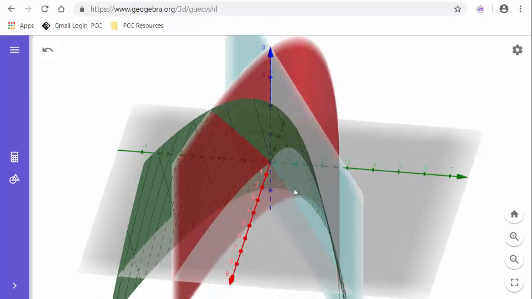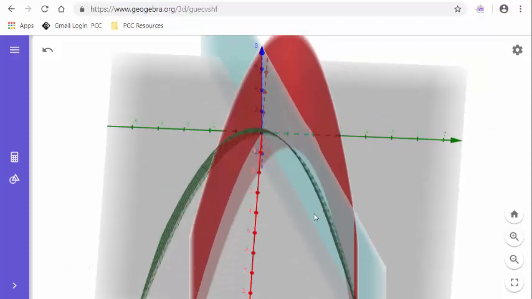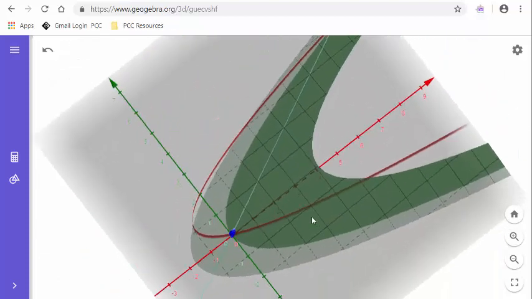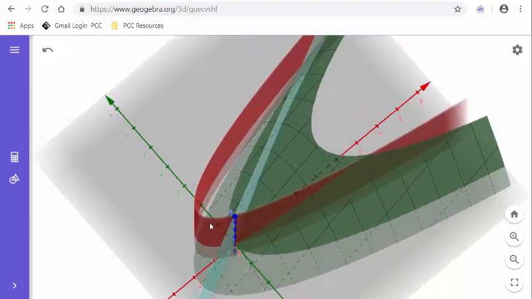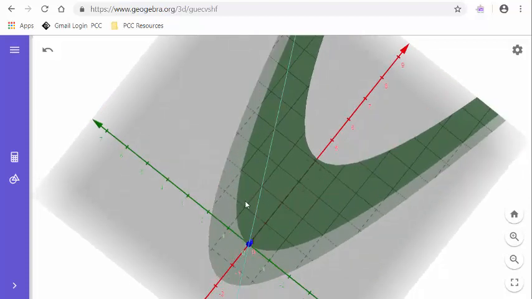So this space between this blue plane and the green surface there that's above the xy plane. And so those end up, interestingly enough, being exactly the same positive and negative volumes that cancel each other out to give us a total volume of 0, which means if we did,